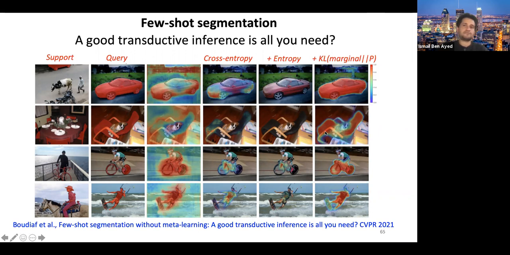All you need is to leverage the statistics of the pixels of the image and just a simple transductive inference based on some kind of mutual-information-like loss on those unlabeled pixels. It actually gives you state-of-the-art performance compared to very convoluted meta-learning methods, and is even much more flexible. I will show some interesting results